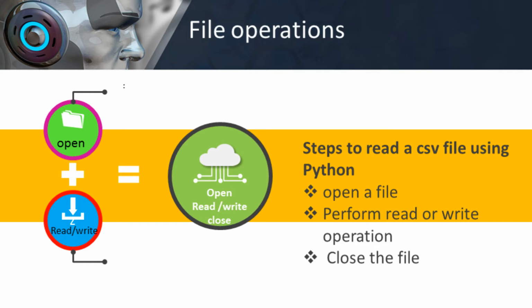So here are the following steps. Step 1 is open a file. Step 2, perform read or write operation, and step 3 is close the file. If we want to read from a file or write to a file, first we have to open the file. Once the reading is over, it needs to be closed, so that the resources tied up with the file are freed. So in Python, file operations take place in this order: first we open a file, then we perform read or write operation, and after the process is completed, we close the file.